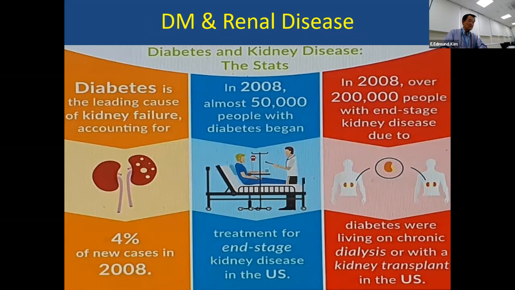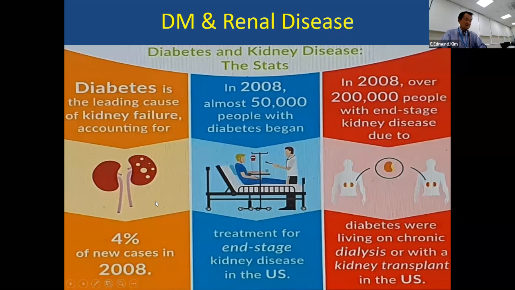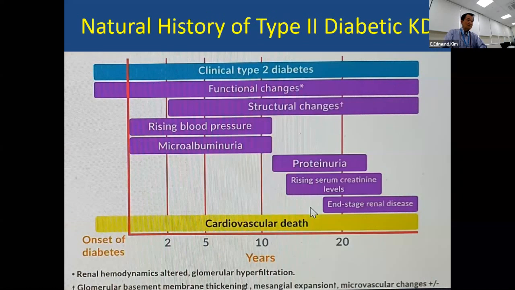In diabetes, you can see a serious problem of renal failure. The incidence is going up, and quite a large number of patients end up with end-stage renal disease due to diabetes, and then they are on chronic dialysis or renal transplant. So that's a problem. In type 2 diabetes,